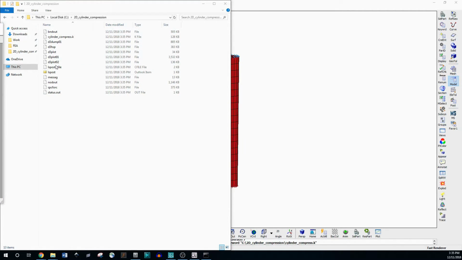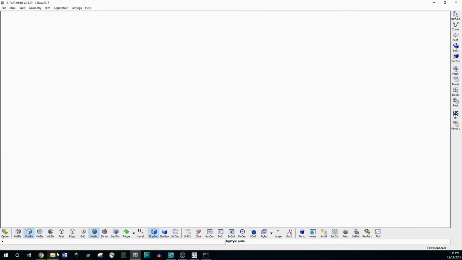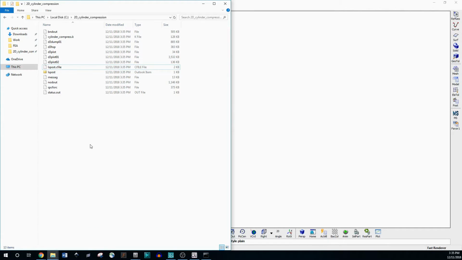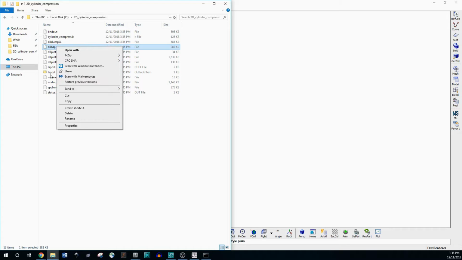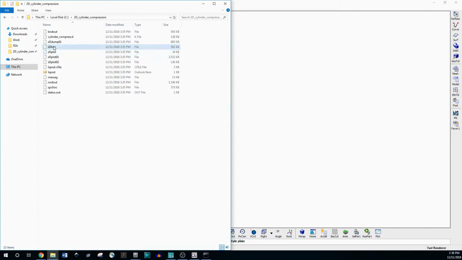So now you have your output files, and these are what we wrote as outputs. You have your BND out, which is your boundary conditions out, your node out, and your SPC force. D3 HSP is like an overall file of what happened, similar to what this gray screen showed, and your D3 plots are